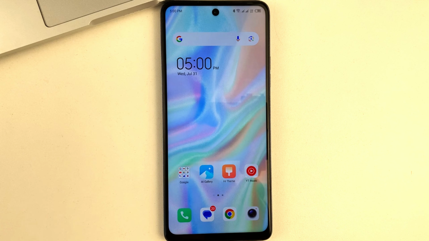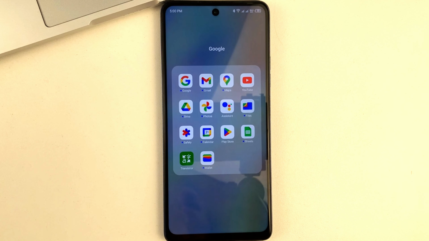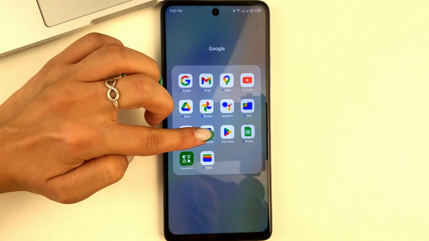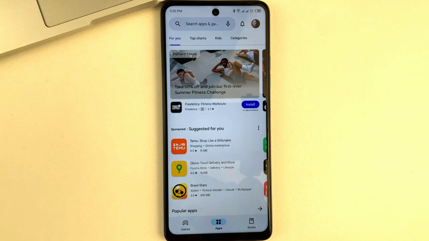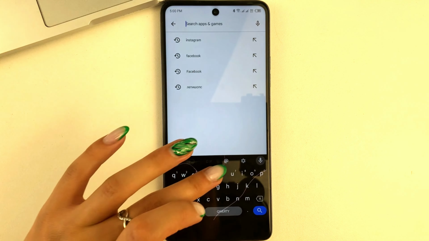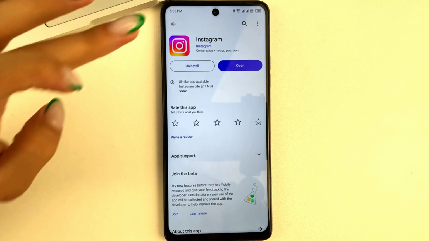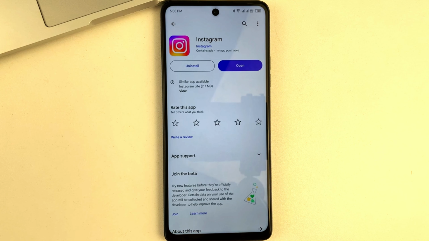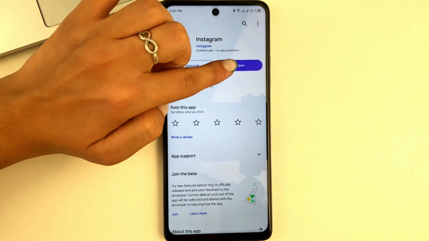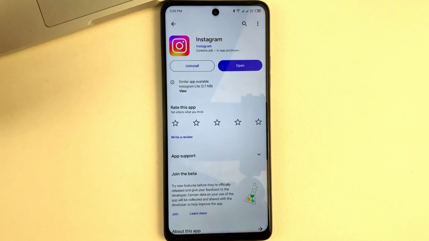So friends, in order to update the Instagram app on your Android, you will need to open the same app where you installed Instagram. So, you'll need to open the Play Store or the App Store. Next, look for the word Instagram at the top. Once you find that app, open it. And where I've got the word open now, you'll have the word update. Click on it. And you'll see the update process start.